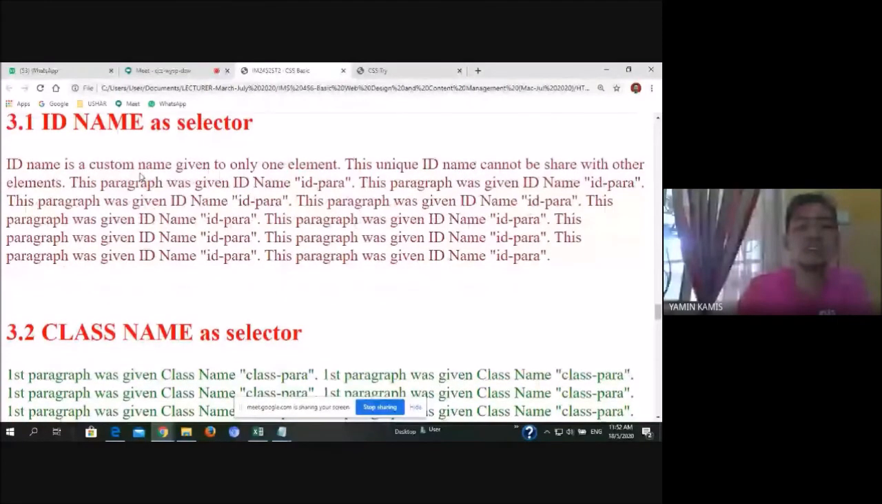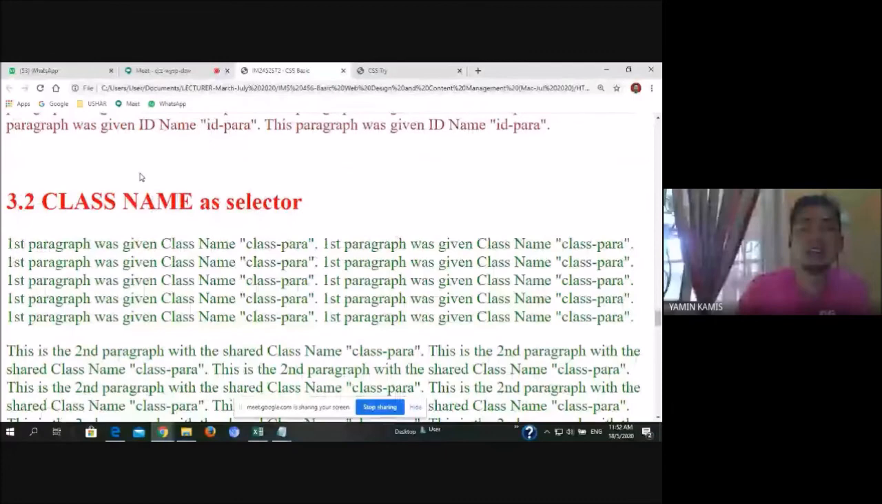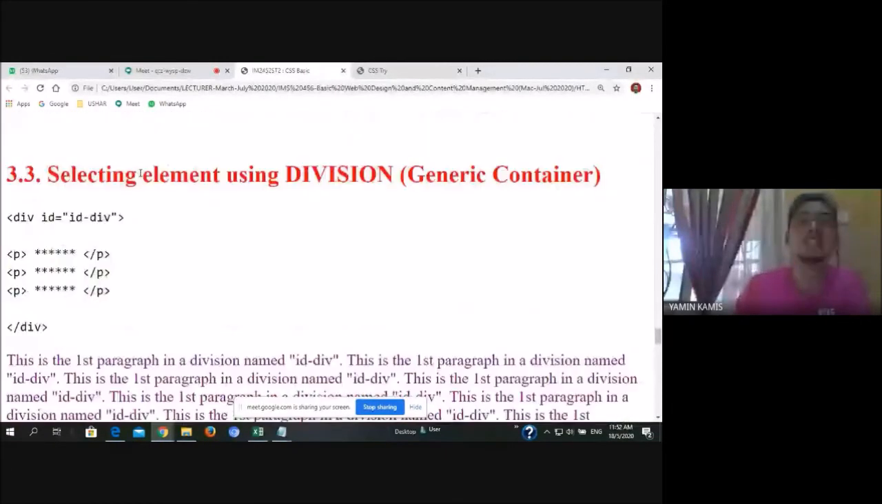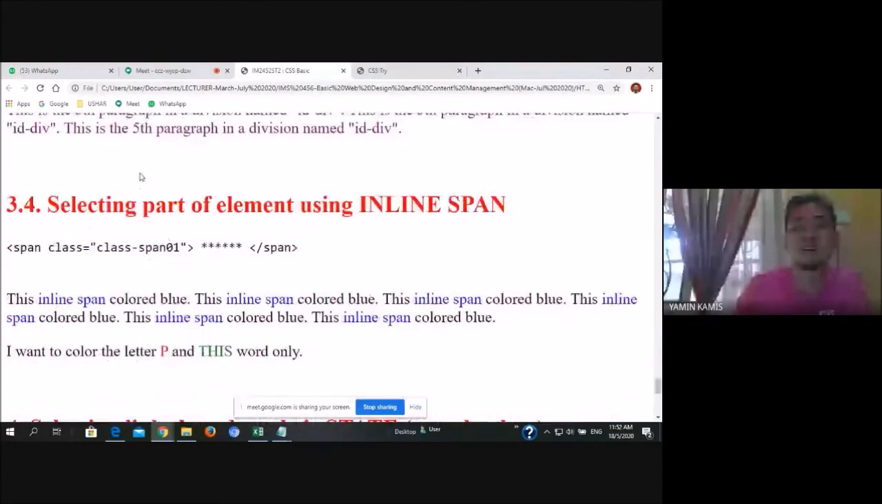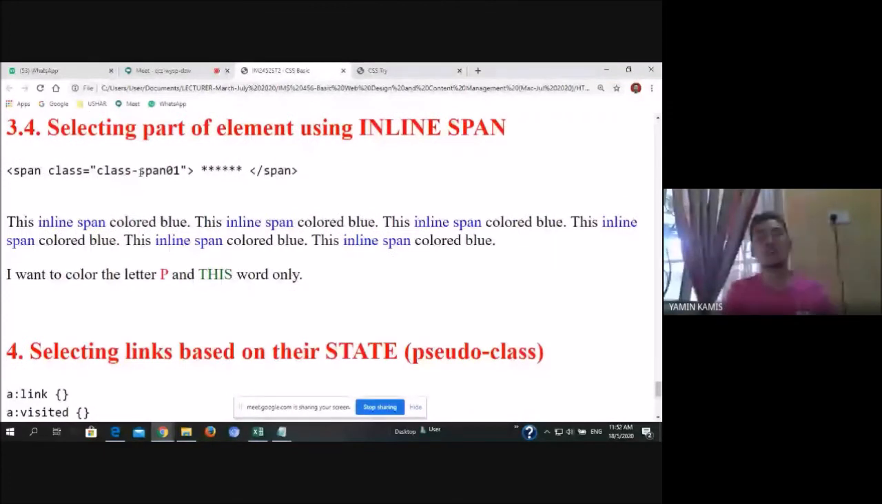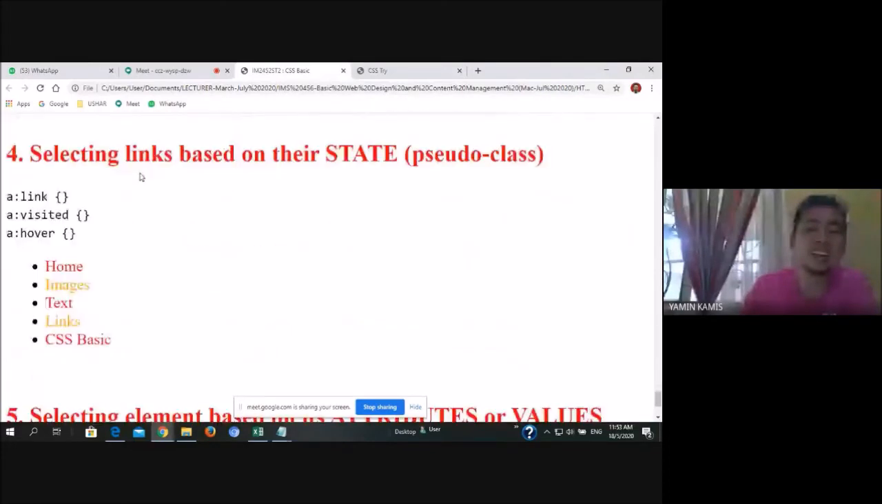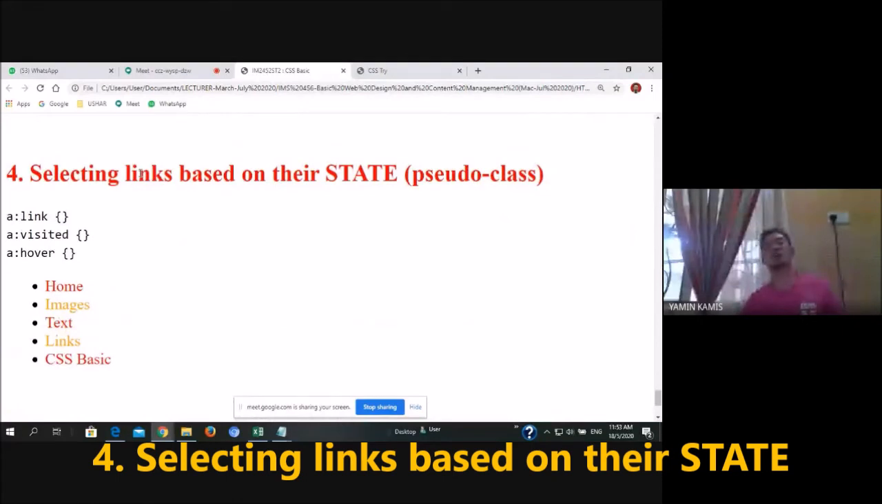Okay, and then to diversify the way you use ID and class name, you can also use division, or inline span, right? Inline span, maknanya we can go more specific. Inside element we can choose up to 1 character ataupun 1 alphabet or 1 numeric. All right, and then number 4, guys. Number 4, you can also select your selector based on their state. But this is what we call pseudo class, okay. But this only apply to links, okay. Hanya link sahaja yang ada